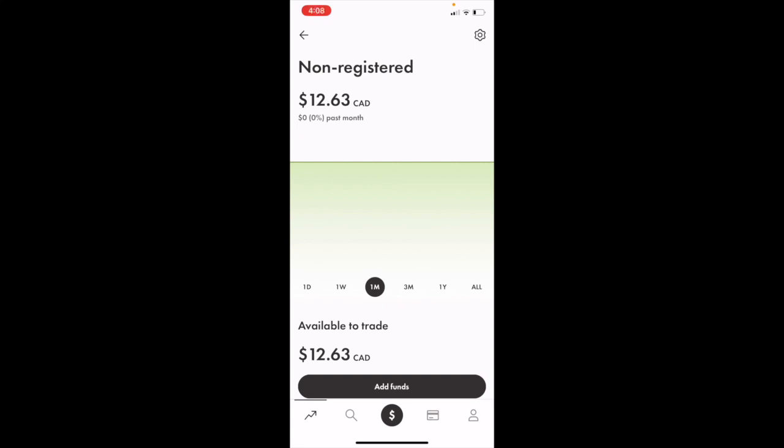So in this Wealthsimple tutorial video, I'm going to be showing you guys how to invest into an ETF here inside of the Wealthsimple Trade mobile application. So once you have Wealthsimple open up on your device, I go to the bottom bar here and press on